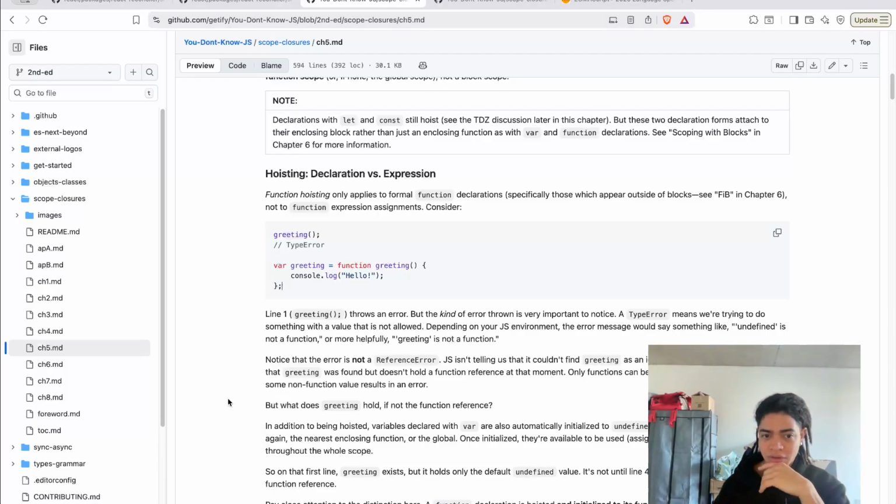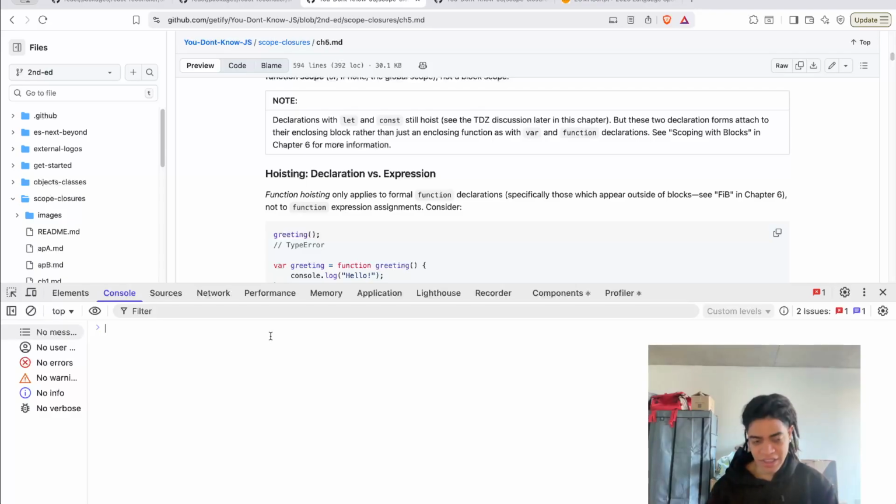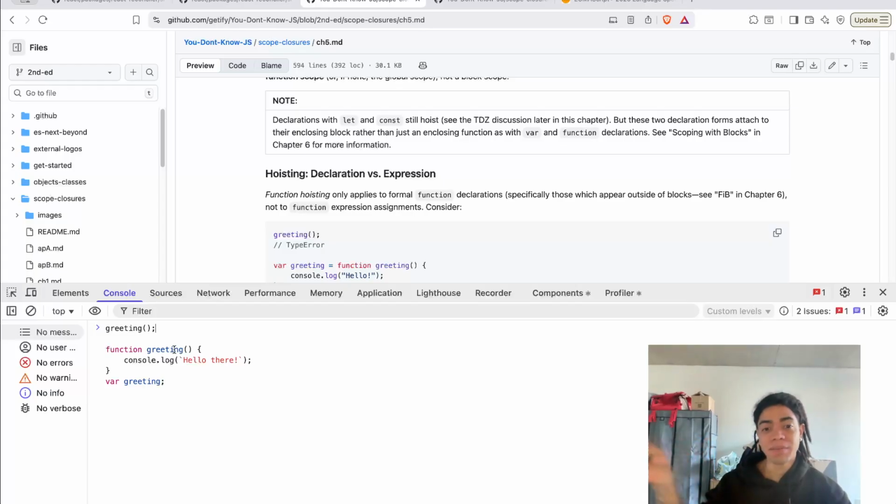So in other words, at least in this console, it treats greeting as a separate identifier. So the compiler treats them as separate identifiers when you have function and variable declarations of the same name.